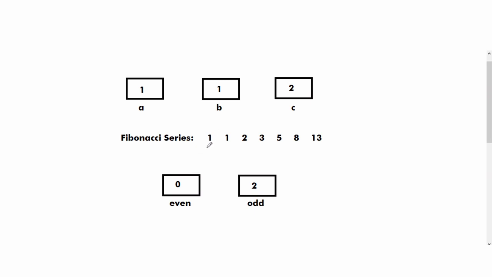So as you can see, if we are going to display at least 5 terms, then these two values are going to be displayed for sure. And as both of these are odd, we are taking odd initially as 2. So we will leave these two first terms and we will follow the same process for the remaining terms. And whenever we encounter any even or odd value, we will increment the value of the even or odd variable accordingly. So now let's see the solution.